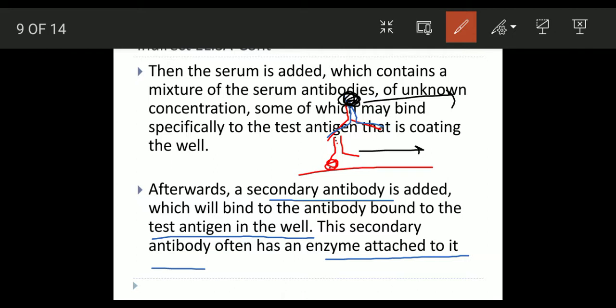Okay, guys. So what we are seeing here is that the antibody attached with the enzyme is indirectly interacting with the antigen, isn't it? Because in between them the primary antibody is interacting. Getting it or not, guys? This is the concept. That is why it is called indirect ELISA, because the antibody associated with the enzyme is interacting with the antigen indirectly via the primary antibody. This is the idea, this is the concept, guys. Okay, and we will see in a bit more detail.